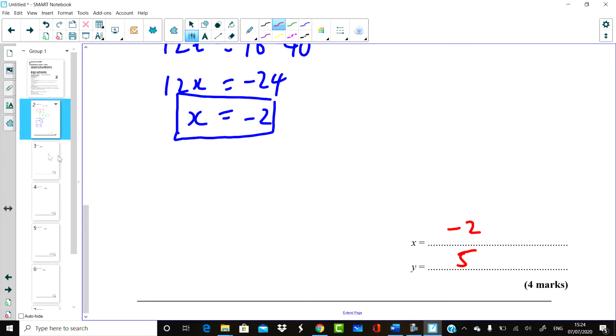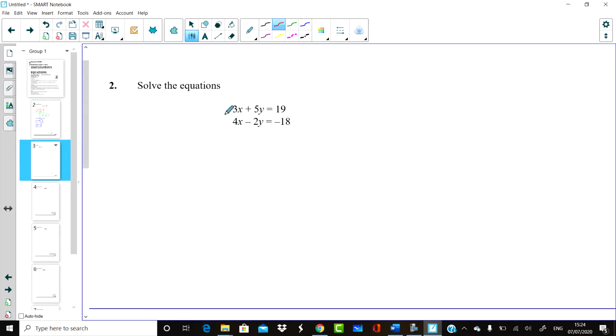So we'll move on to question number 2 now. Question number 2 says solve these two equations. Like before, we need to eliminate one of these. So we need to eliminate either the y's or the x's. So you can either choose